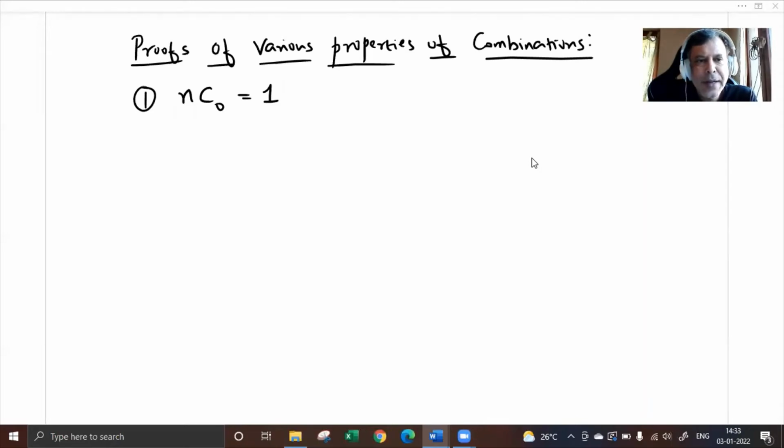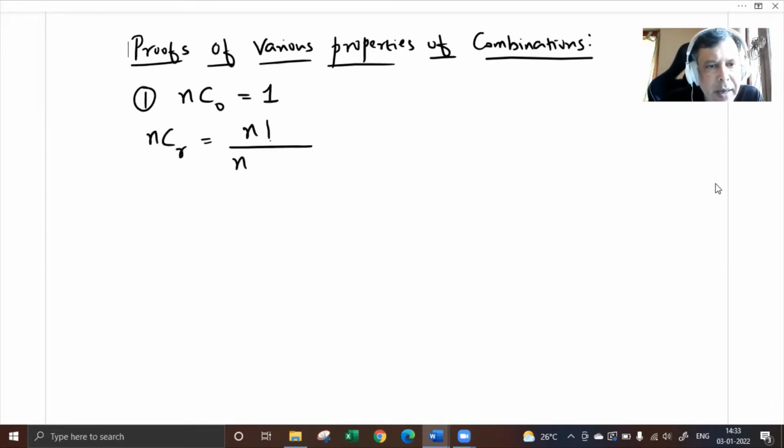In this video, let us see proofs of various properties of combinations. The very first one is nC0 equal to 1. We know nCr is nothing but n factorial divided by (n minus r) factorial multiplied by r factorial. Now, if we substitute r as 0,